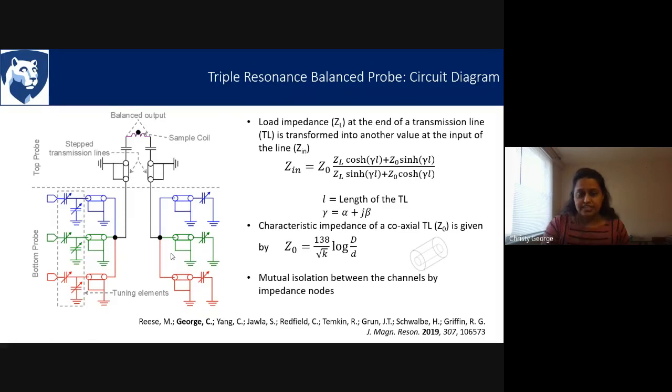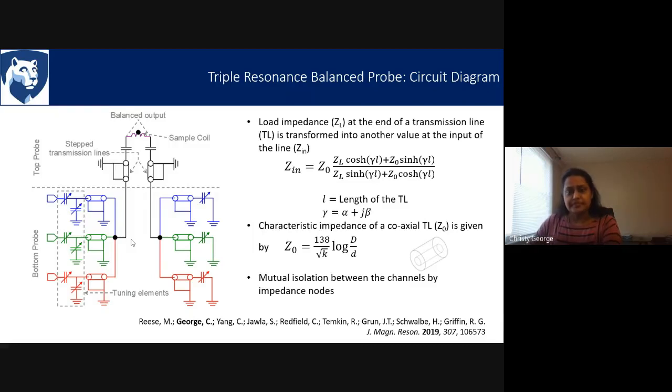And all these things are nice to say, but how do we ensure that these kinds of nodes are formed inside the probe? Once we build a probe, that is one piece of equipment, and there is no way to access these different points in the probe. Now, even if somehow we create an access there, how do we connect a measuring device to such a probe? There is no way that we can connect that.